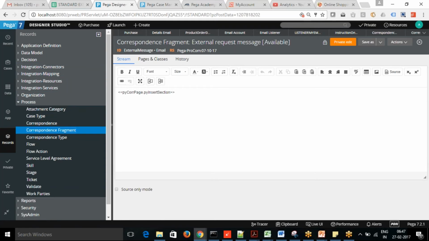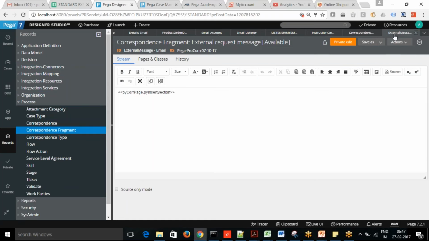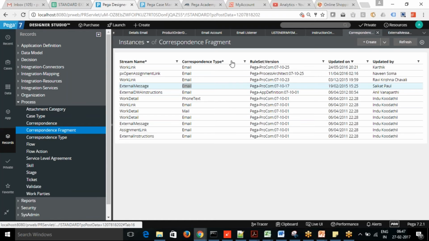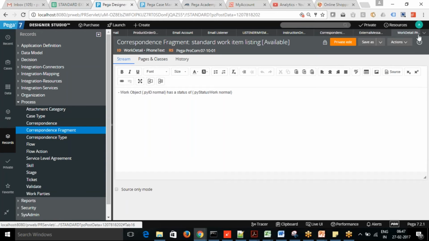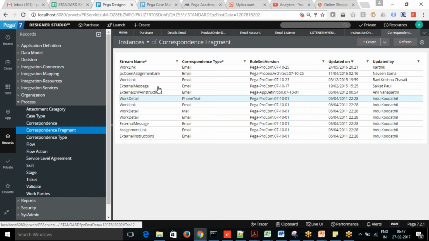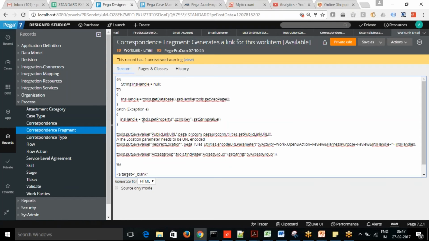I'll show you some more. Fragments, if you don't write in plain format. If you say work link, you can see that it's written in JSP or another language.